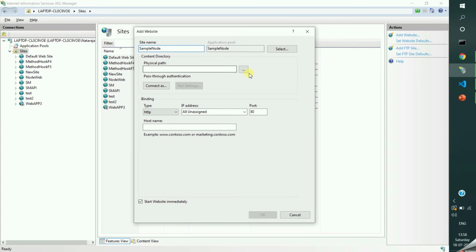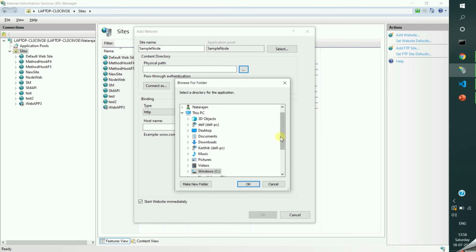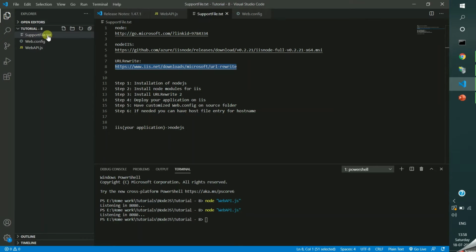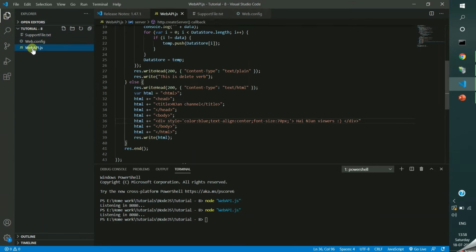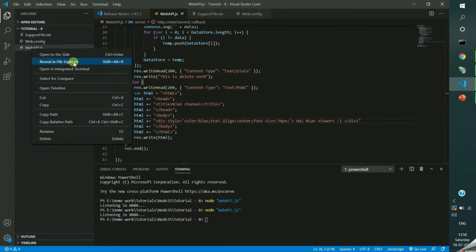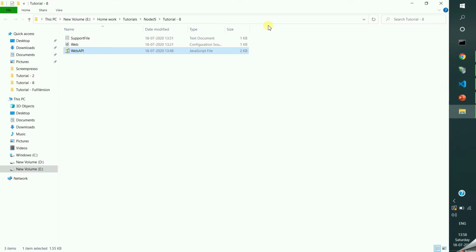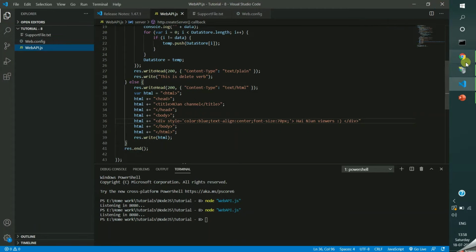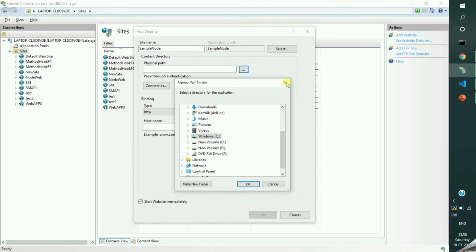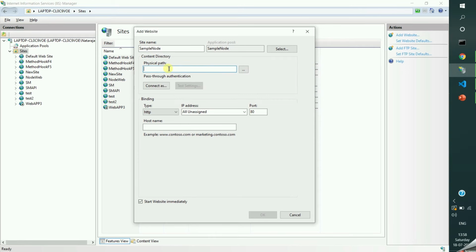node. Okay, here you have to give your physical path. Let me select the physical path where we have that file. For example, here we have that file, right? This is our file. Let me open that one. I am copying this path. In IIS I am specifying that path.